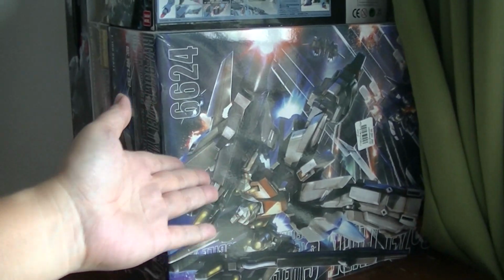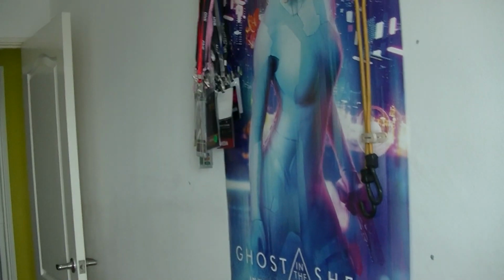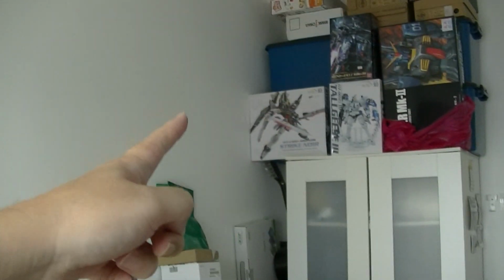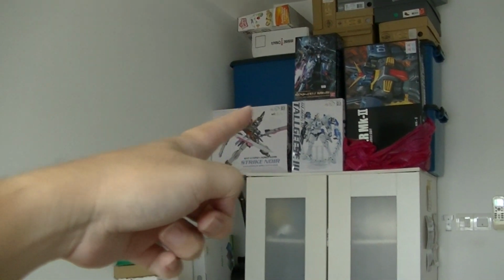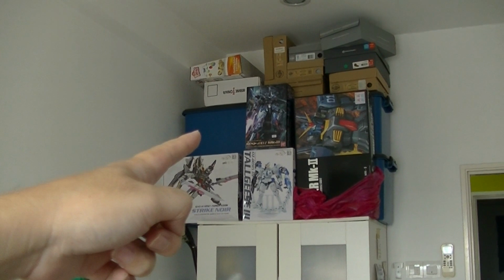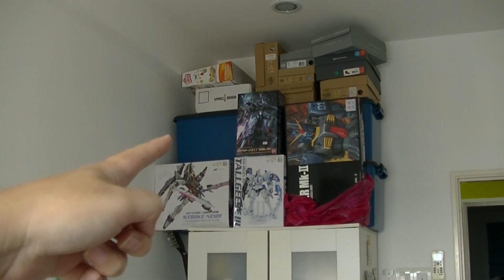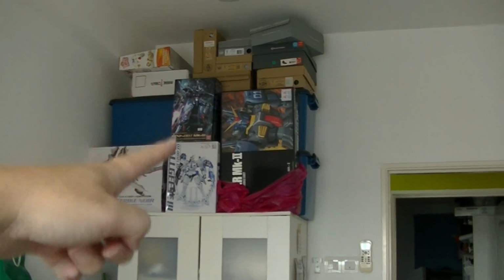The Rezel also is very complicated, this master grade from Daban Model. I gotta push this thing back. Ugh, my clothes here. Push it back. And all my media tags there. Ghost in the Shell. There's a Strike Noir from Dragon Momoko. There's a Telgis tree from Dragon Momoko. There's a RE100, or what do you call that? RE100 real something MK3 Gundam there. Then there's a perfect grade